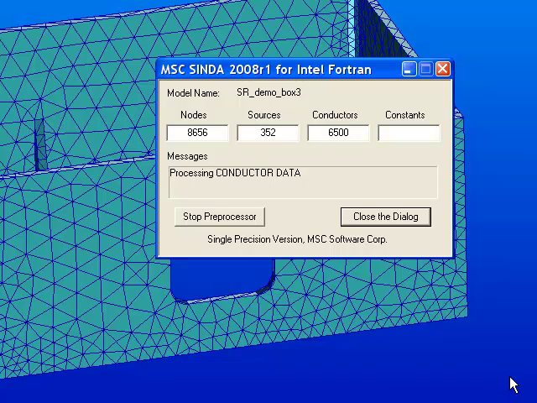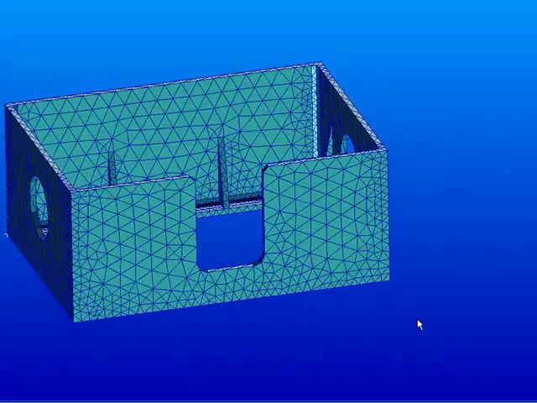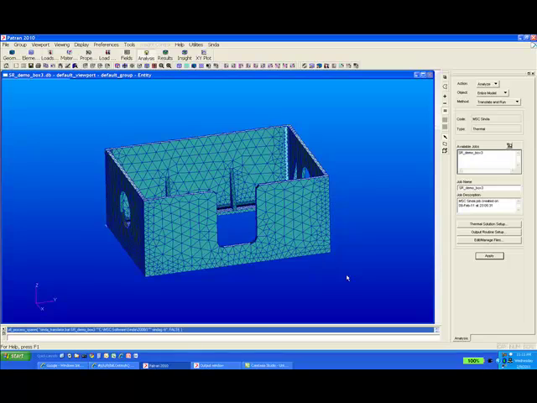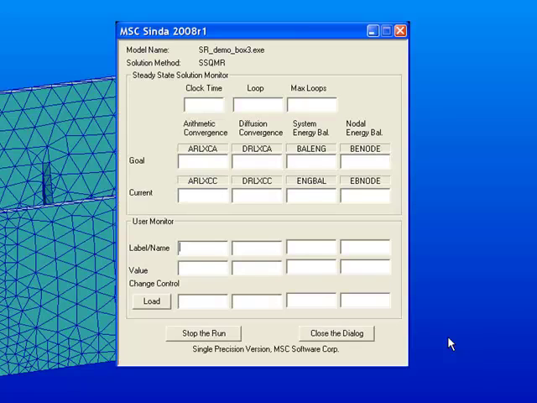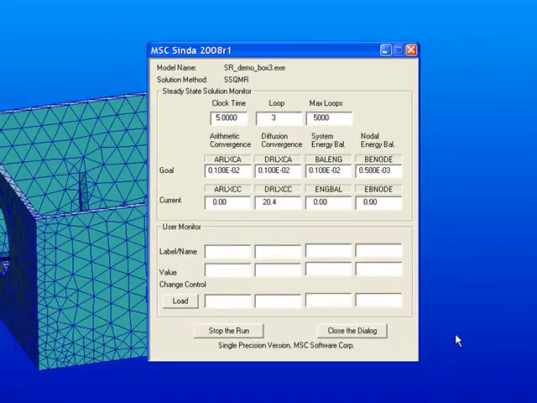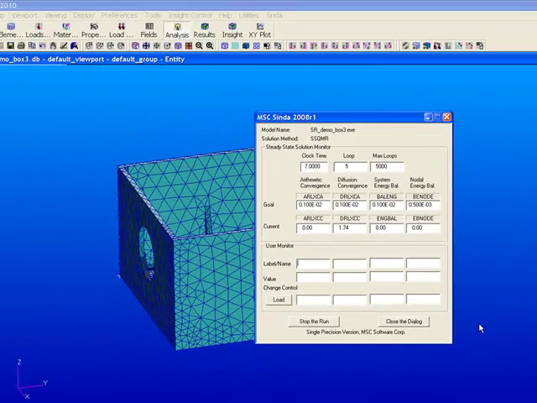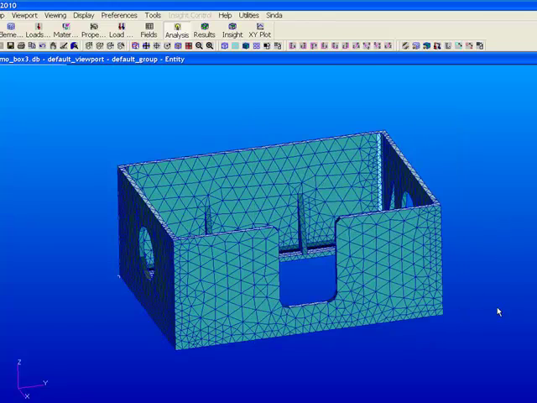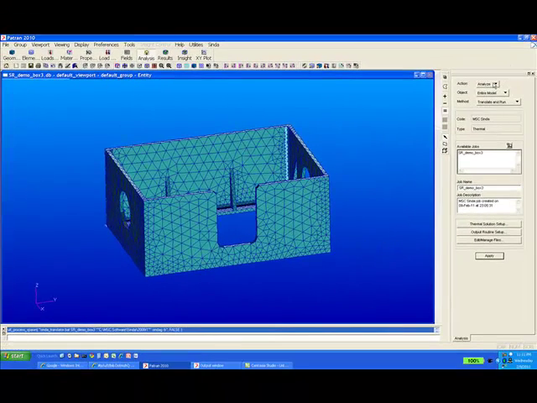Now it's pre-processing. 8,500 nodes, about 25,000 conductors. Now even though there are 11 million view factors in there, because I'm using the flux method, it doesn't actually put a radiation conductor from every node to every node, but it just puts the effect of that radiation conductor by pulling out a Q from one node and putting it into the other one. So this greatly simplifies the Sinda model and makes it run faster. So now it's done,